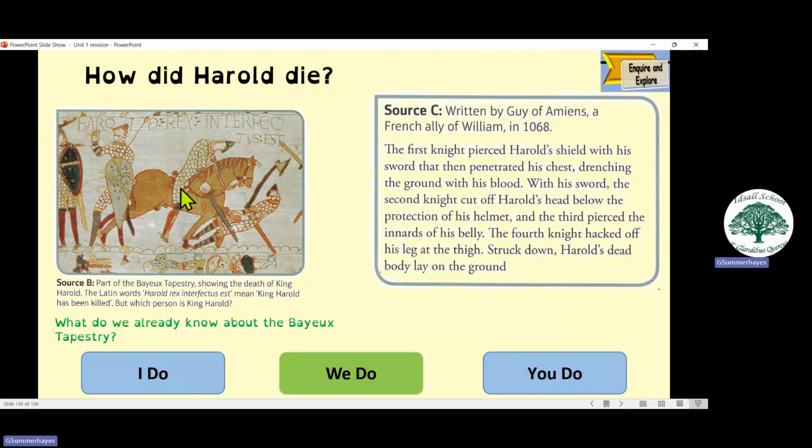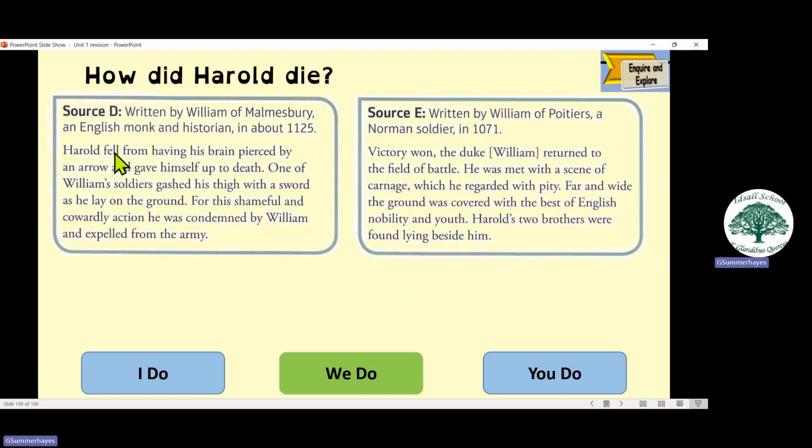Just as a postscript, Harold may or may not have died with an arrow in the eye. That's what the Bayeux Tapestry suggests. And there is another account that does say that he did get stuck in the face with an arrow, but there are also accounts that said he was actually hacked to death. There you go, that's the one from William of Malmesbury, saying he did get his brain pierced by an arrow, but that's written in 1125, and he'd probably already seen the Bayeux Tapestry then that suggested that was the case. So it might be that he's taken his information not from the battle, because he wasn't there, but from the Bayeux Tapestry itself.